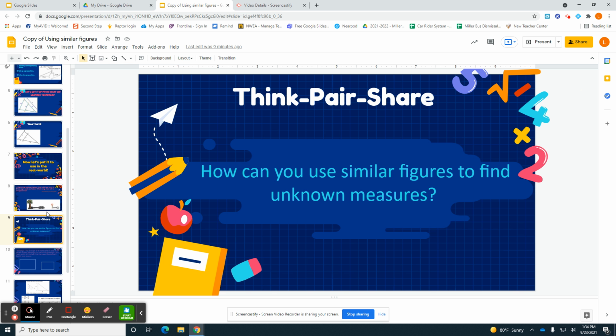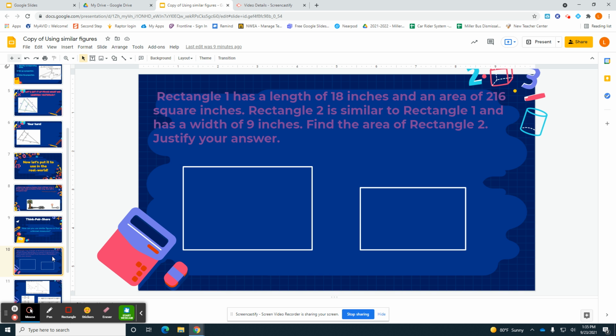So we kind of did that on the previous slide, right? How did we use our similar figures to find that unknown measure? Okay, so tell me. All right, and you can just write that at the bottom of your notes paper on the back, the answer to the think, pair, share. Okay, so now you have